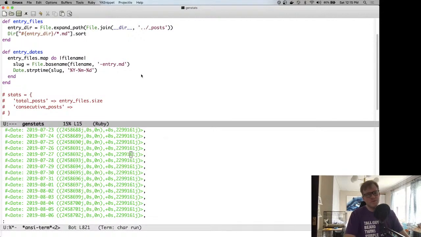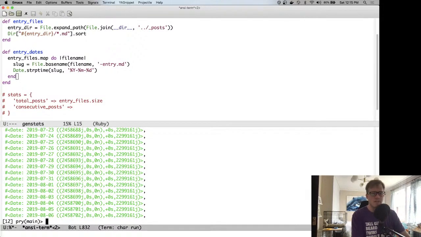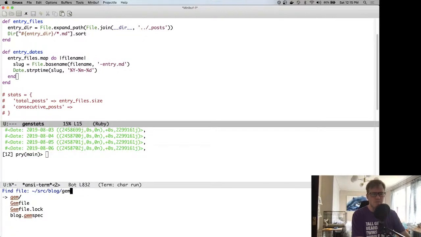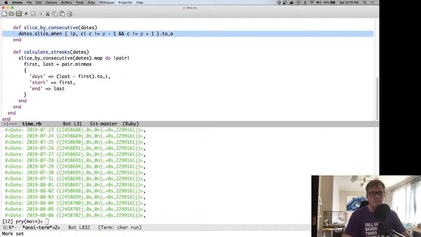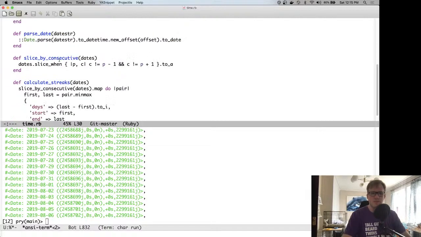So consecutive posts, this is where it gets a little mathy. We want to count the number of streaks. And it might end up just lifting what I had going on. Because it was a little over-organized, what I had in my old code base, but at least it got the job done. And it took a while to figure out. So we have slice by consecutive. Yeah, I don't even want to. That's going to take me forever to rewrite. I don't even know what that's doing. So dates slice when. I think instead of a slice by consecutive,